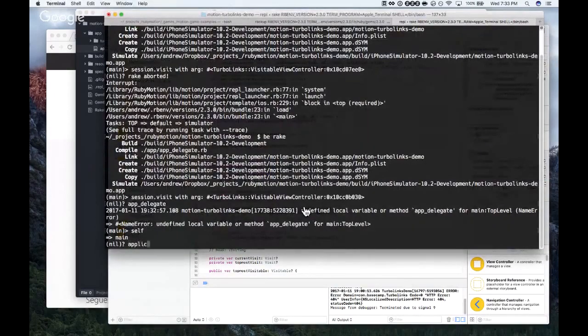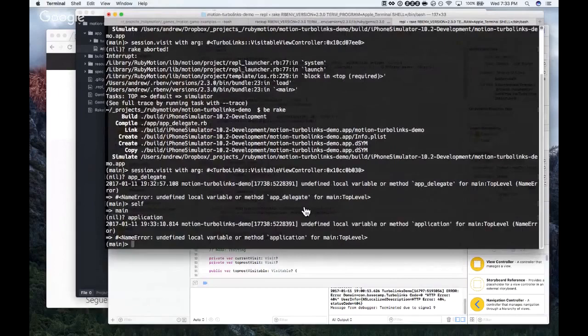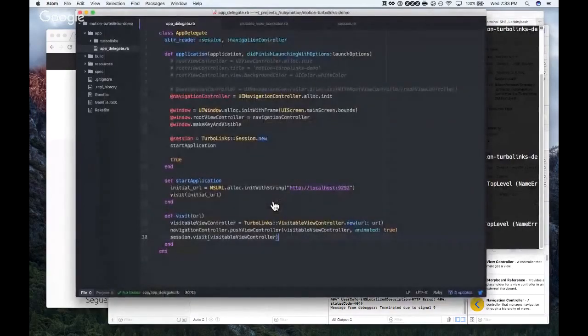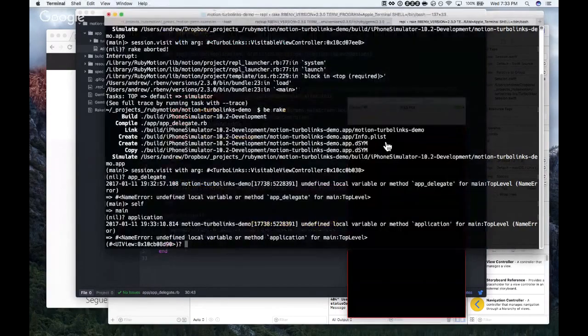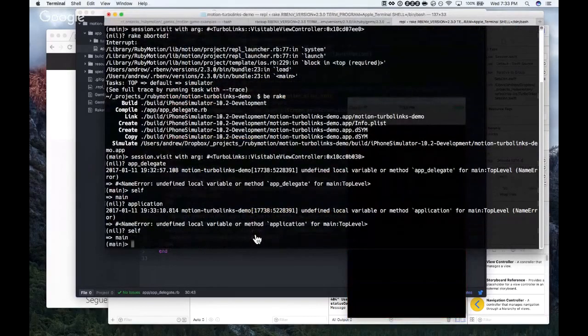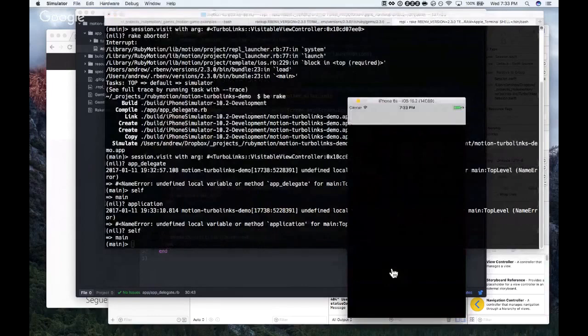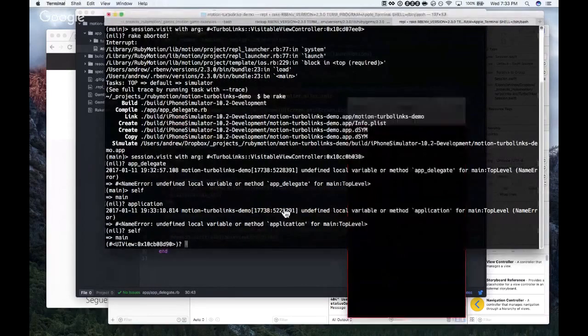Trying to figure out how I can get a reference to the root view controller, and I'm not exactly sure, but let's see if I can command click on view, which switched me to a view. Oops. And click in this view. Your UI view.